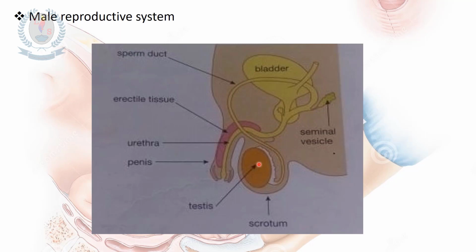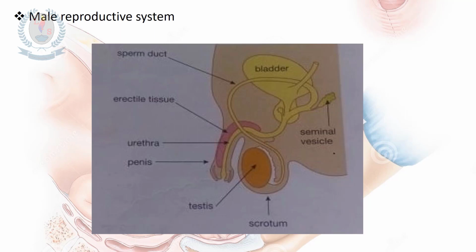The penis is important in sexual intercourse, while the testes are responsible for making testosterone and generating sperm. These are the ones that produce the sperm cells, and the urethra is the tube that carries them. It also carries urine from the bladder to outside of the body, while ejaculation of semen occurs when